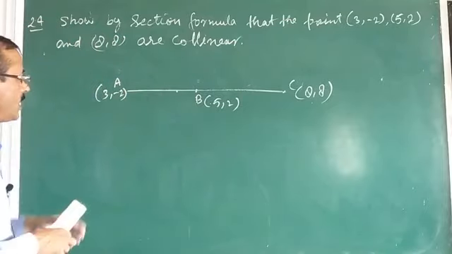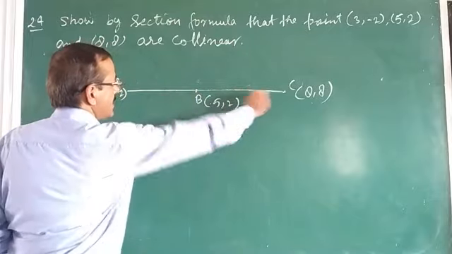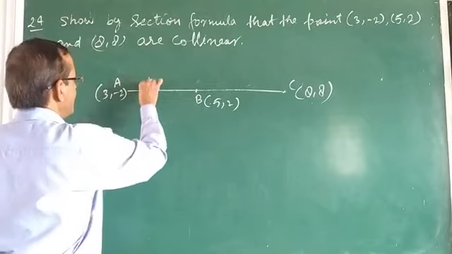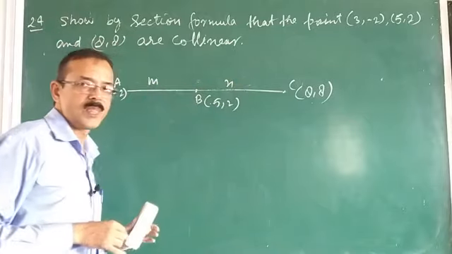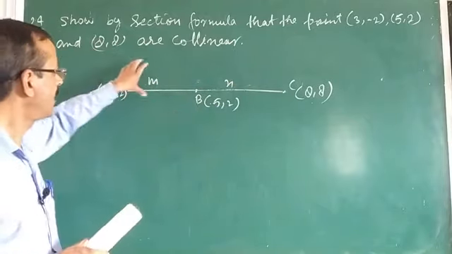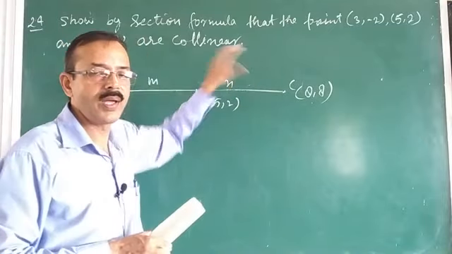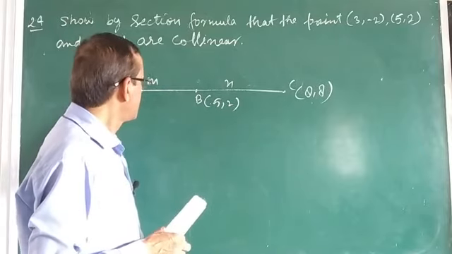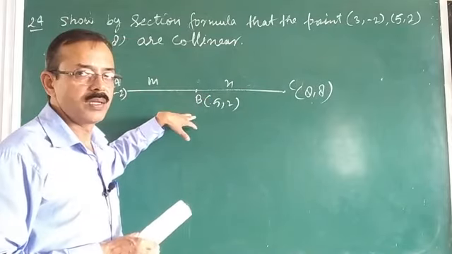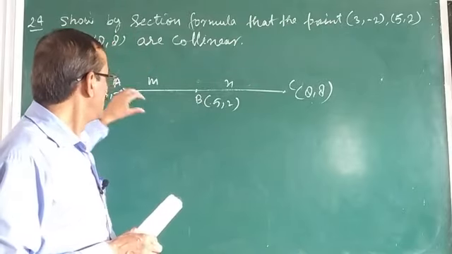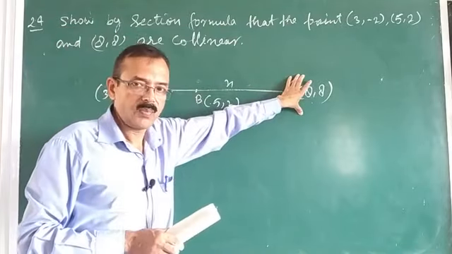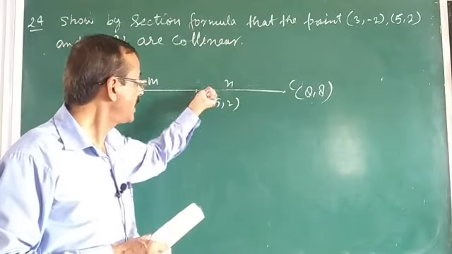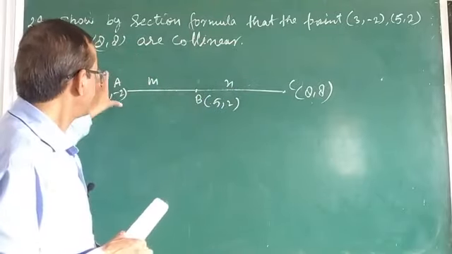So let B be the point; B lies on the same line. This point divides the line in the ratio m ratio n. Right? This point B divides the line in the ratio m ratio n. Okay, we have to show that by using this point. Well, this is already given to you. We will use the section formula. We also have to show that B lies on this line. By section formula